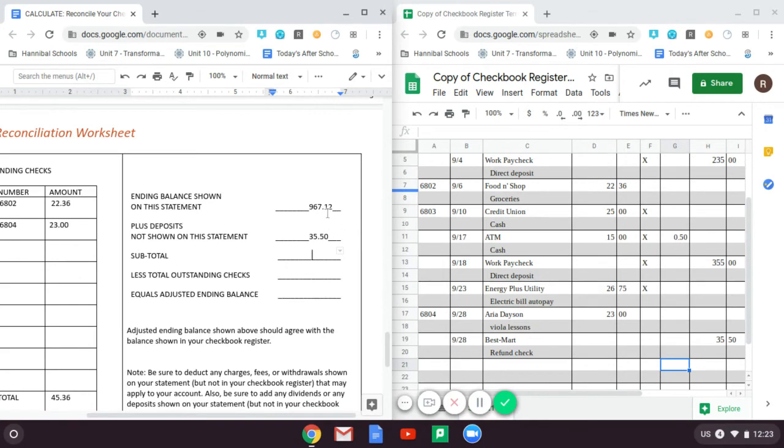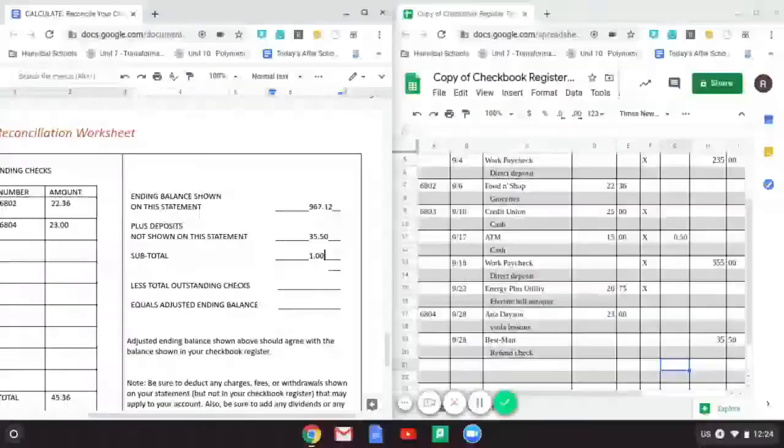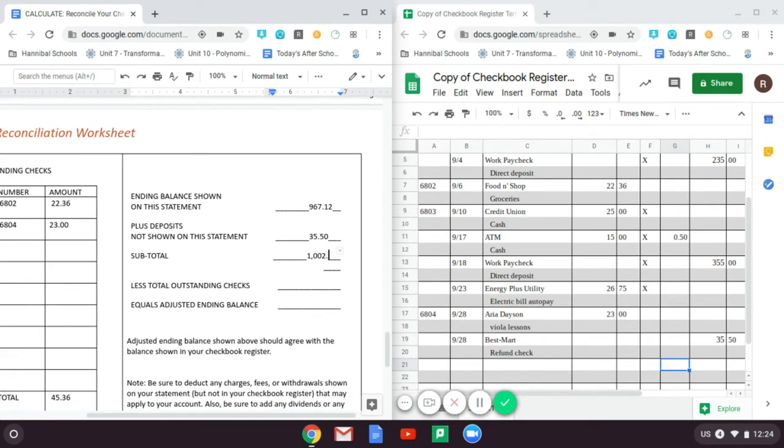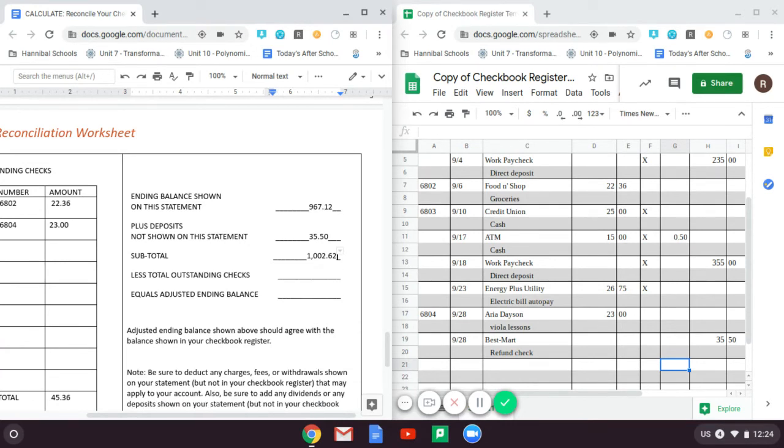The subtotal at this point, so our statement balance plus our deposit, we have to add that up. That should be $1,002.62. Somebody check my math on that, please. Okay, and then it says less total outstanding checks. So less, everybody knows that means subtract, take away. So the total outstanding checks, that's this number down here,